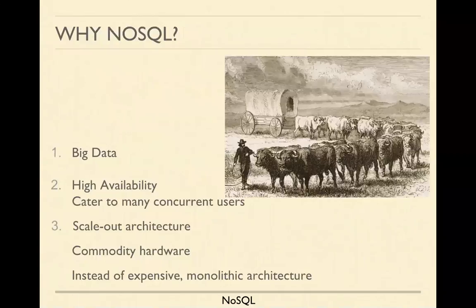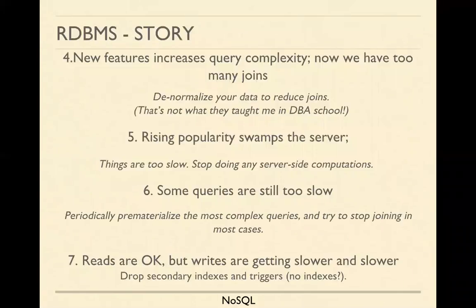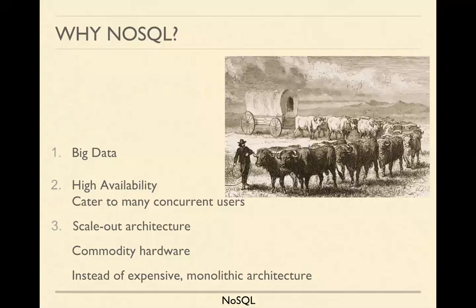Great. Now, we have already answered these questions. Let me rephrase. So the reason we needed NoSQL was this. Okay, first was where to store our humongous data. Second, high availability, meaning many users should be able to update and read concurrently. That's high availability. Third is scale out architecture, meaning we should be able to add as many cattle or as many animals as